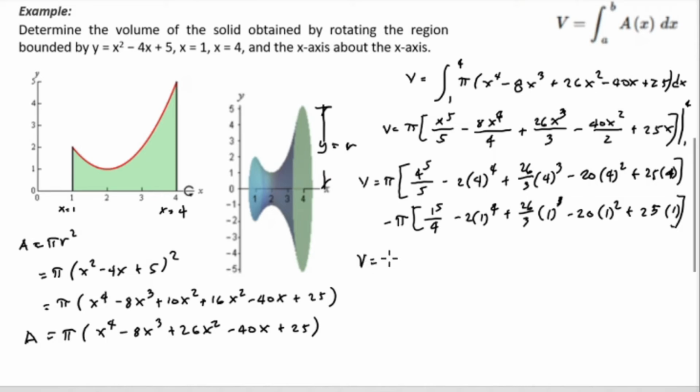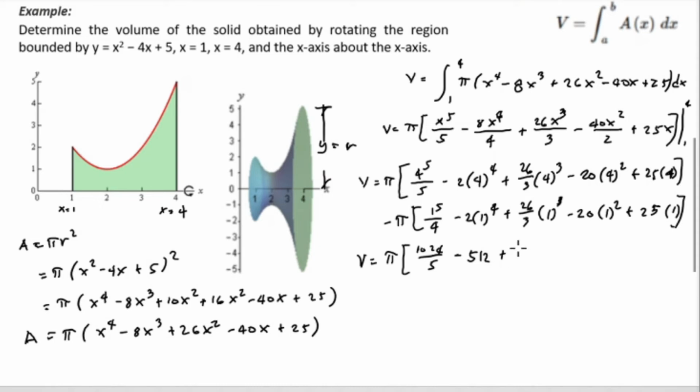Volume is equal to pi. So individual value, we have 4 exponent 5 divided by 5, which is equivalent to 1024 over 5, minus 2 times 4 exponent 4, and it is equivalent to 512,